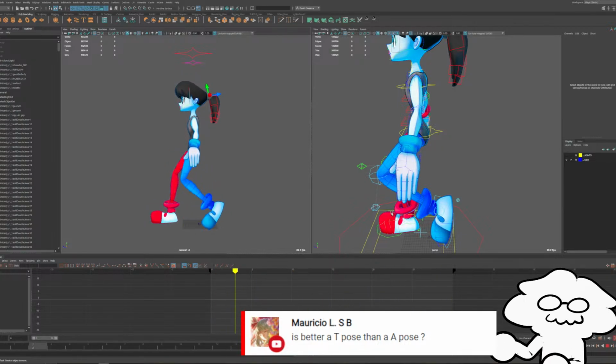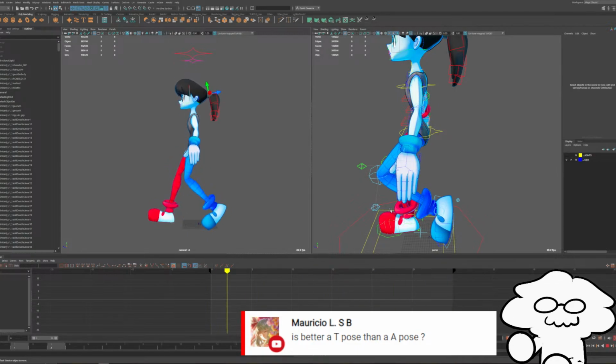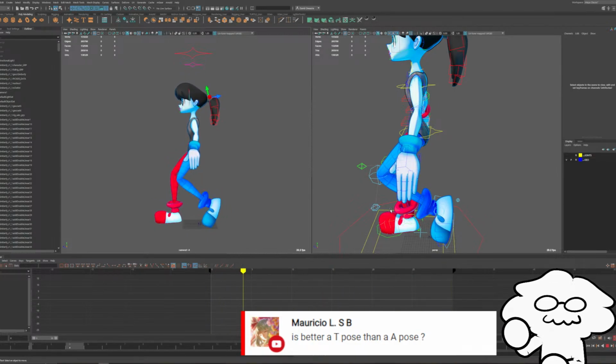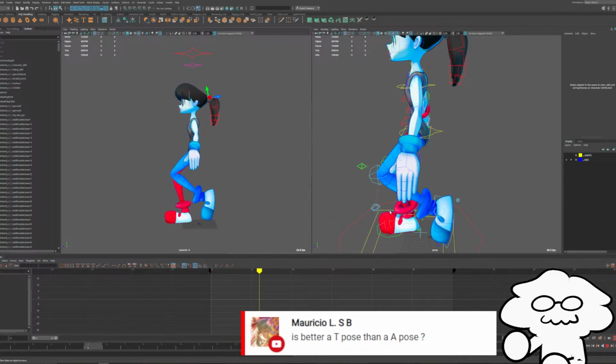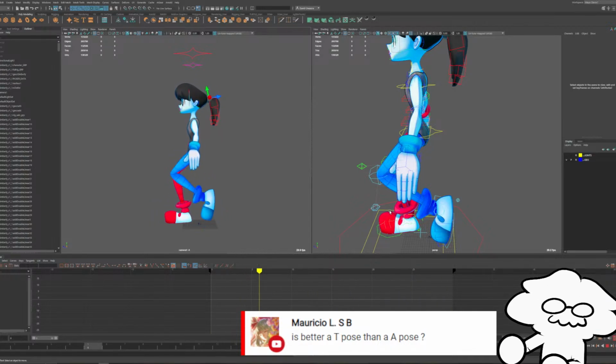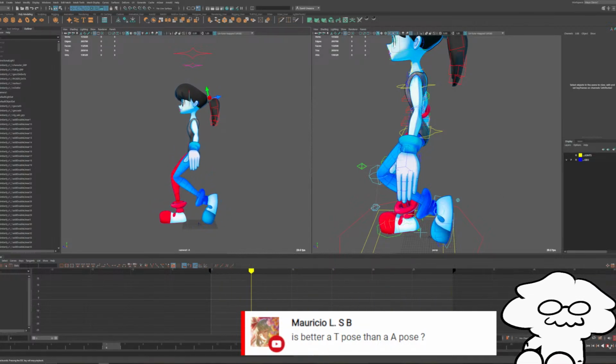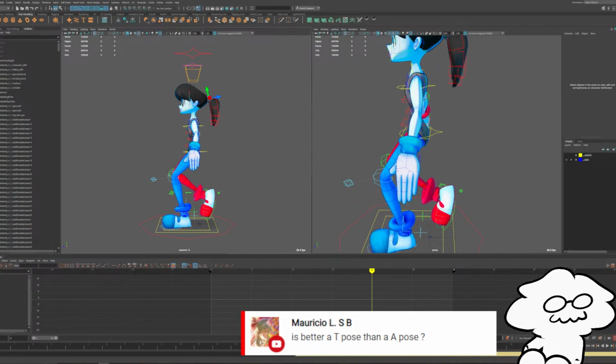I think overall A-pose is better, but it depends, because with some cartoony A-pose characters you can have bad stretching in the armpit area, which I don't like. So Doodley's T-pose, Kimberly's A-pose. It's a good question. I always like answering that.